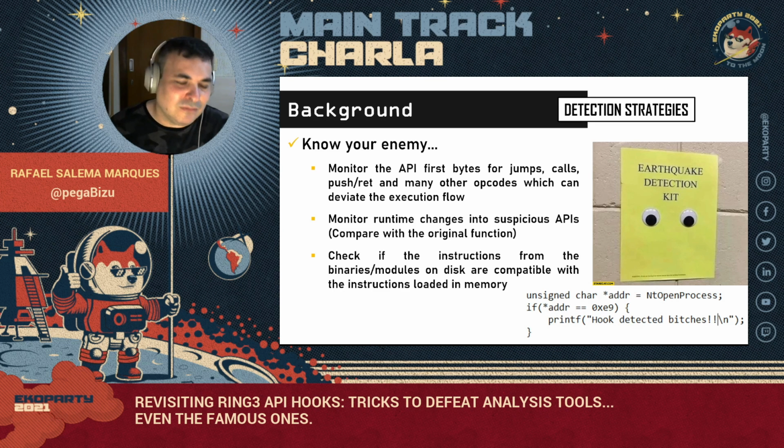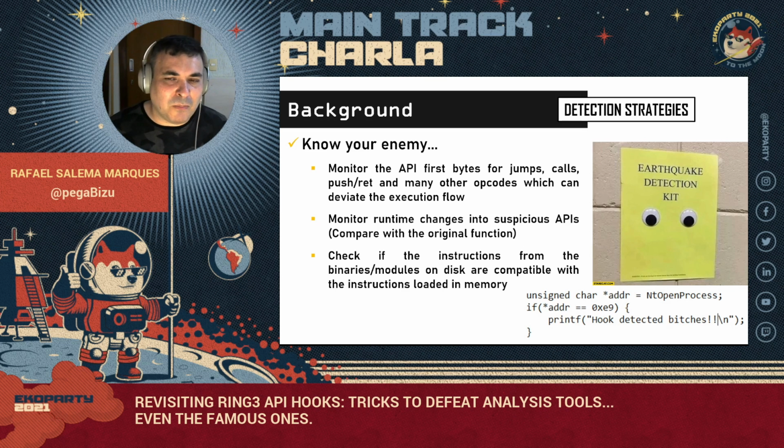But the dark side figured out this kind of naive detection, so they put an op just before, and there are a lot of variations regarding this detection. A bit smarter strategy is to compare the original API instructions with the actual API instructions in the process memory for changes. So if we change the API, probably the hook detection will happen. But it is a bit more expensive regarding resources, and we will see that